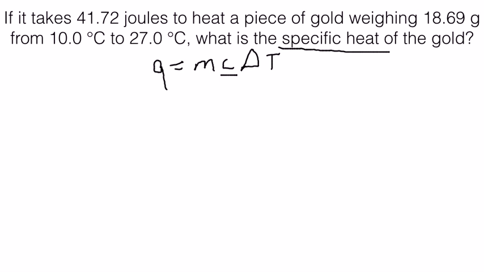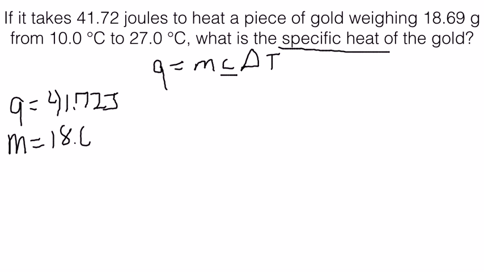So our first step is to take note of what we have in our equation. We have a Q. As you know, Q is measured in joules, and we have 41.72 joules of heat. Now we have a mass of 18.69 grams, and then we have C, which is obviously X, that's what we're solving for, and then we have